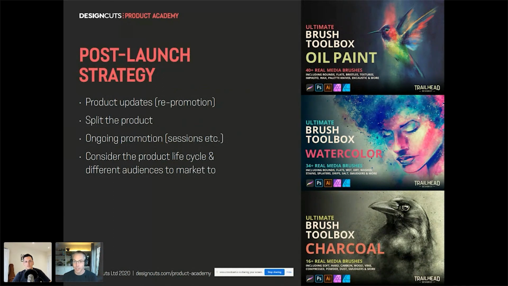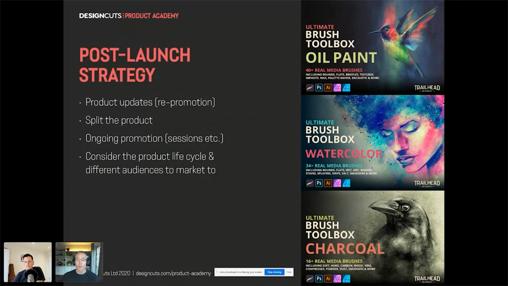Or as Shoutband were talking about earlier, what they were trying to do was reach out to their community and say, hey guys, we've got this awesome product. What are your ideas? What would you like to see? How would you like to see it improved? Because they can then take those improvements and roll them into the product, and not only will that be great for their brand equity, because everyone will go, wow, Shoutband really care and listen to their audience, which they totally do, but they can re-promote the product as well.